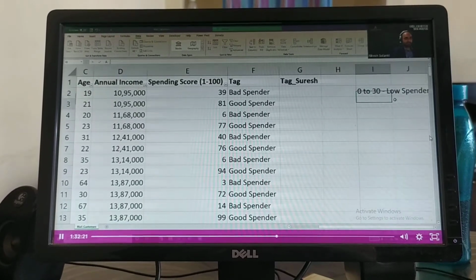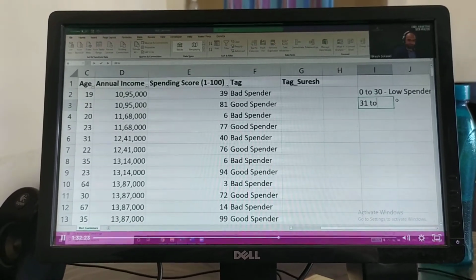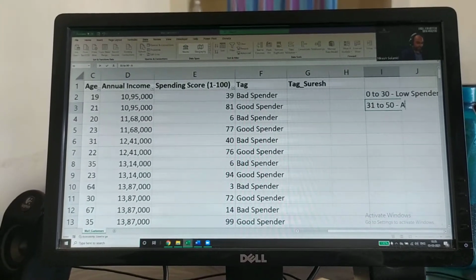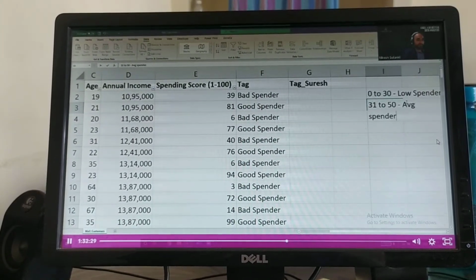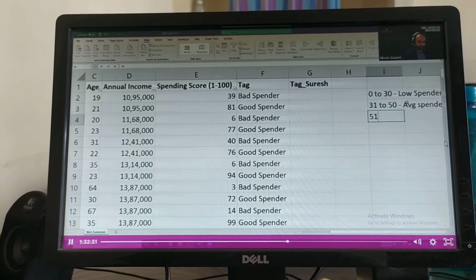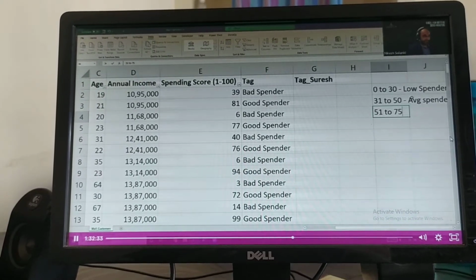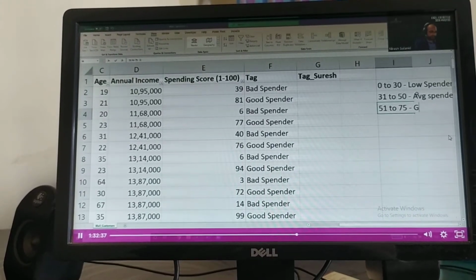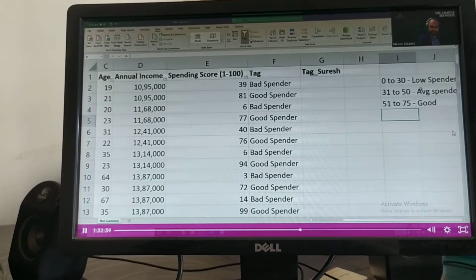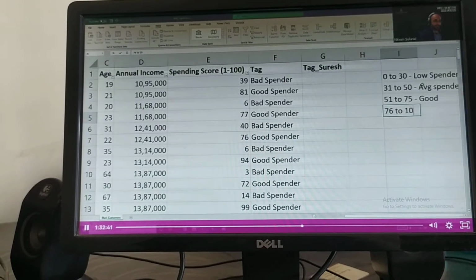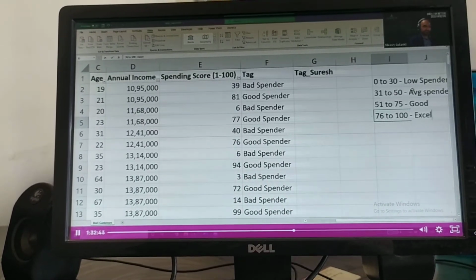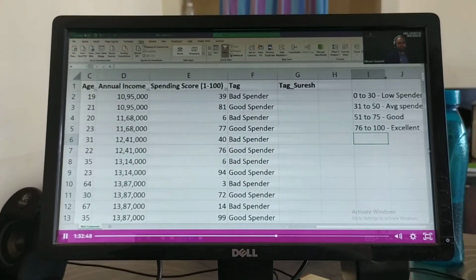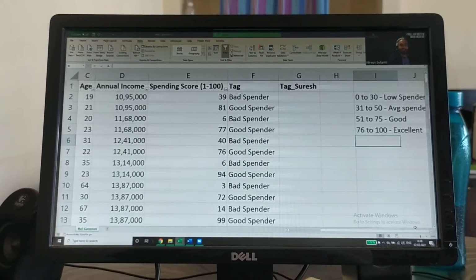Got it? 31 to 50 is an average spender. 51 to 75 is a moderate or good spender. Okay, I'll write good. And 76 to 100 is an excellent spender. Excellent.